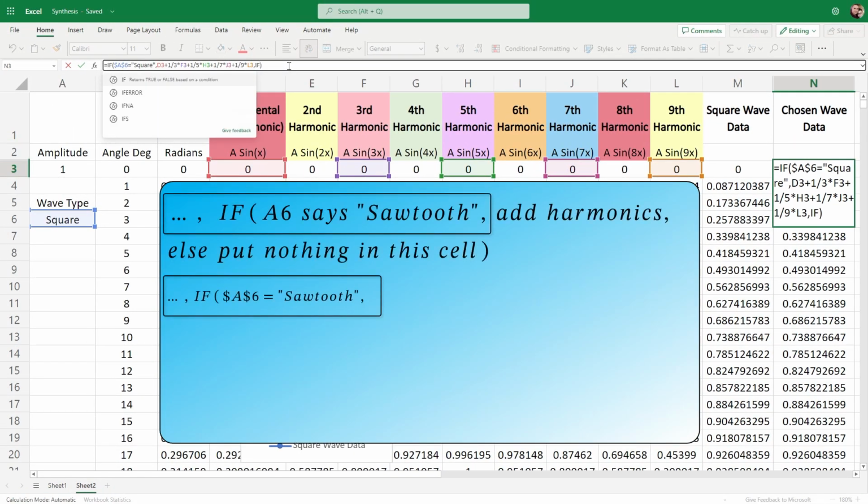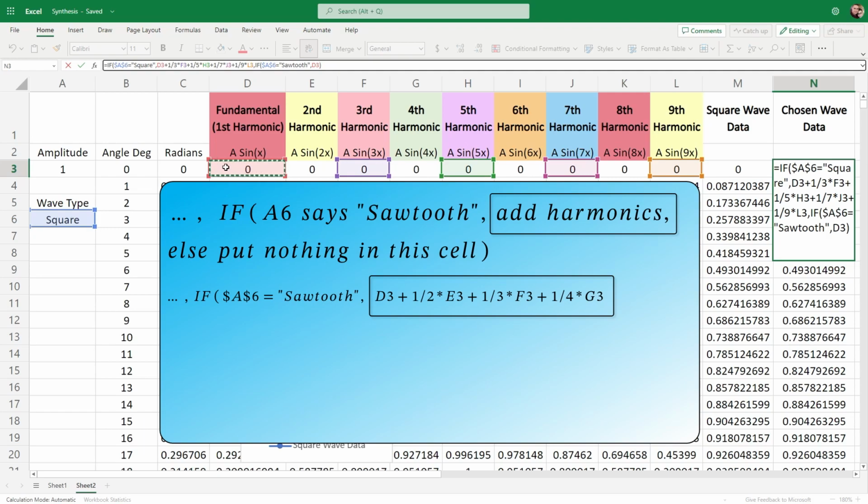So we're going to continue, and we're going to say if A6, but make sure it's an absolute cell reference again to A6. If A6 is equal to Sawtooth in speech marks, then, as in comma means then do this,